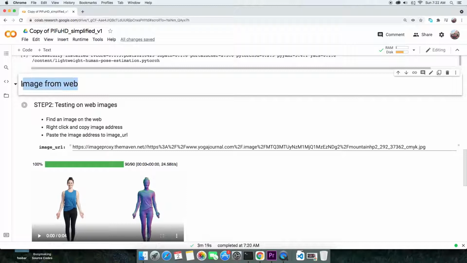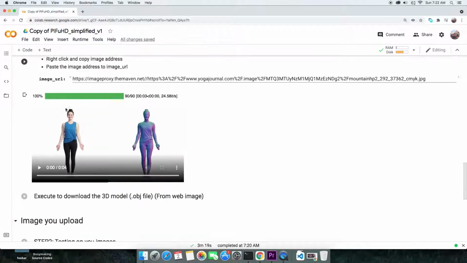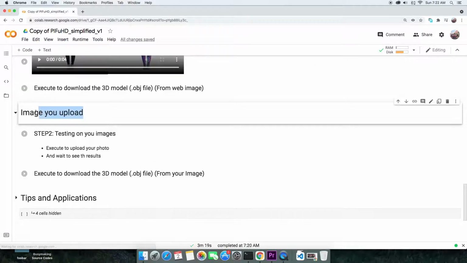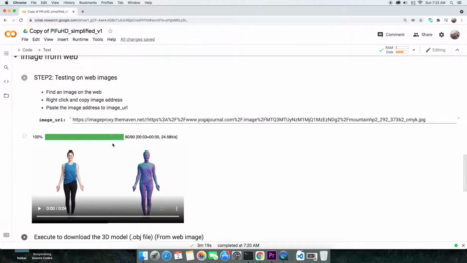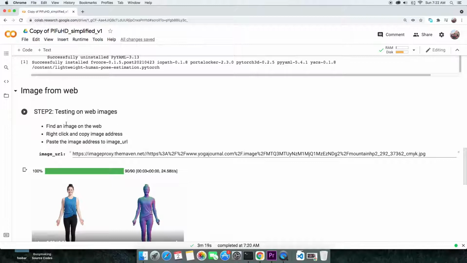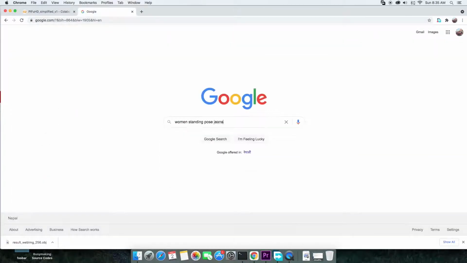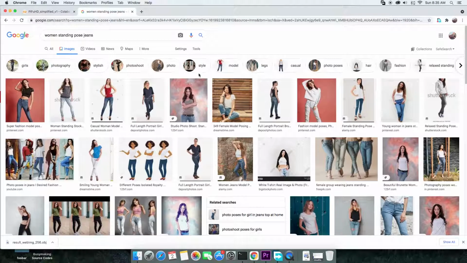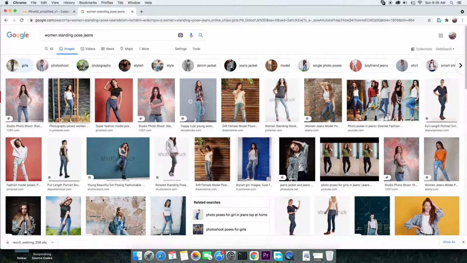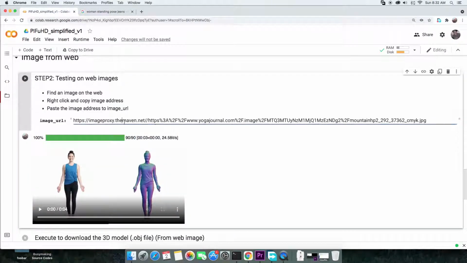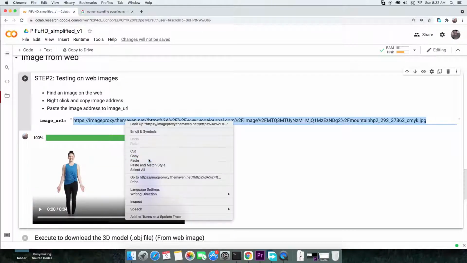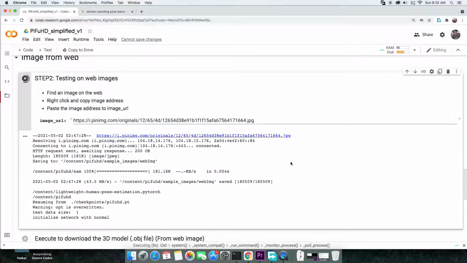This Colab script can take images from the web, or you can upload your own image to create the 3D models. Let me demonstrate both the cases, one by one. For the first case, I am going on the internet and will need to grab the URL to the portrait image. Let this be the portrait. I will right click on it and copy the image URL. Going back to the Colab, I will paste the link to this field and finally execute this cell.